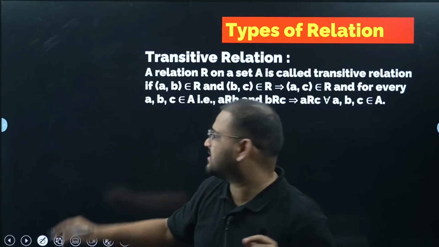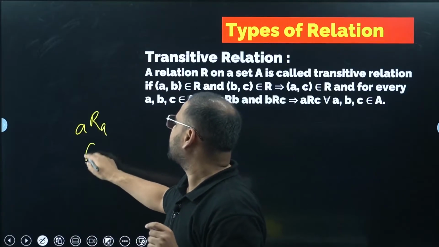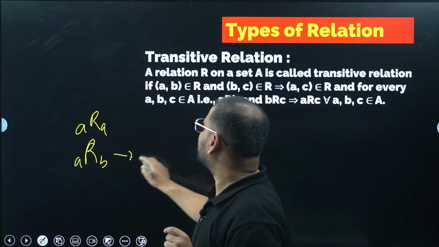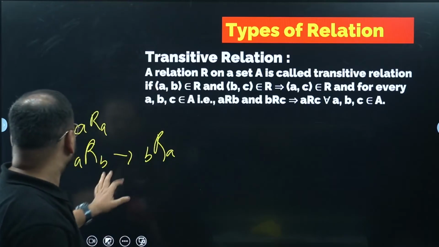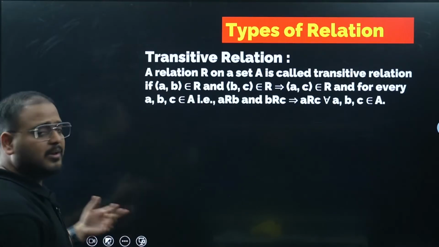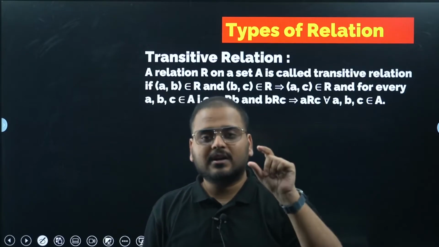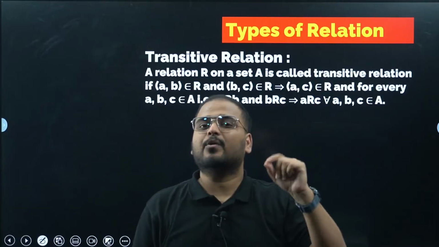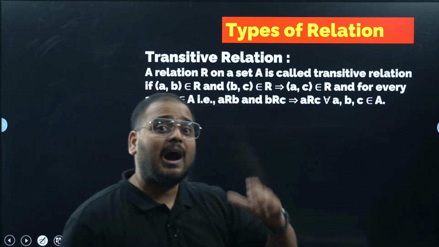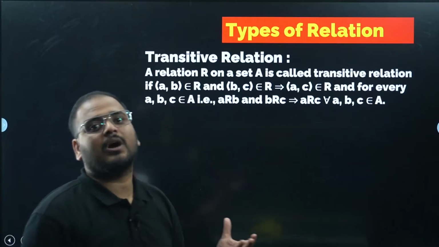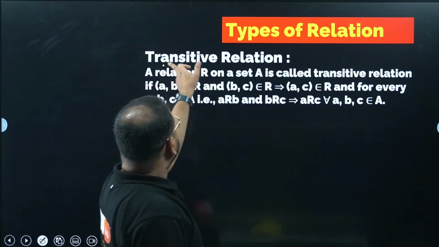What was it for the reflexive? It was ARA for the reflexive. And what was it for symmetric? If it is AB, then it has to be BA. So these are simple things about reflexive and symmetric, and I know you will remember. But for transitive, how to figure out whether a given relation is transitive or not, people miss out on certain elements or certain ordered pairs. So let's check out the definition, and how to identify it, and where we don't need to check and can consider it as transitive. Let's carry on, sir.